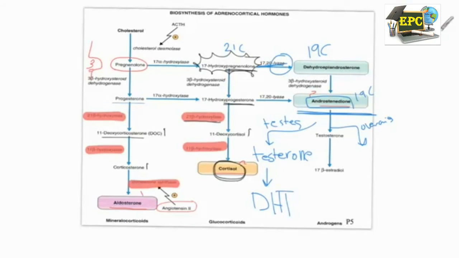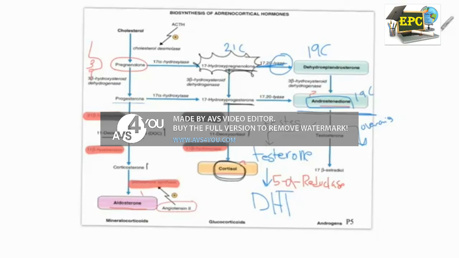And this is by the use of a very important enzyme, which is called 5-alpha reductase. And this pathway is continued in the testes. However, in the ovaries, so females are very smart. They can convert a 19 carbon molecule into a 18 carbon molecule and actually add an aromatic ring. And this is regarding some of the chemical structures. So basically what you have to know is that in the ovaries there is more modification to the androstenedione, which includes